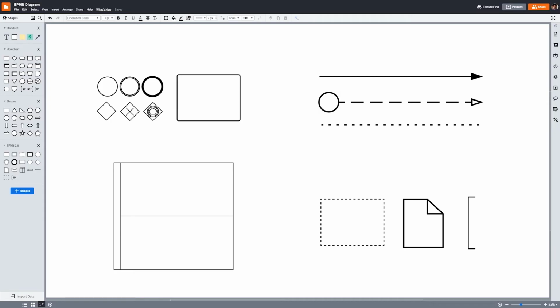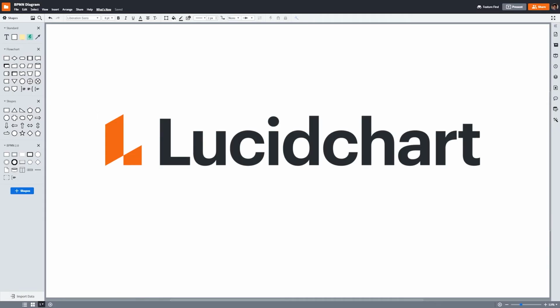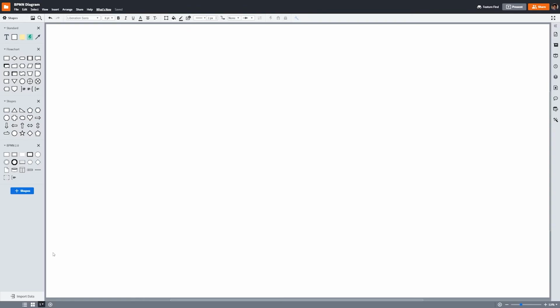Now let's create a BPMN diagram together. Again, if you'd like to follow along in Lucidchart, check out the link below to sign up for a free trial. If not, follow along with your diagramming software of choice, or even a pen and paper. To further illustrate the concepts we've covered so far, I'm going to make up an example. We're going to make a basic BPMN diagram showing the process of buying ice cream in an ice cream shop.